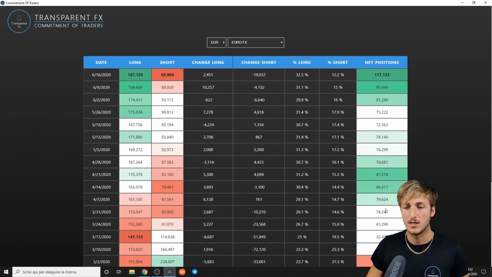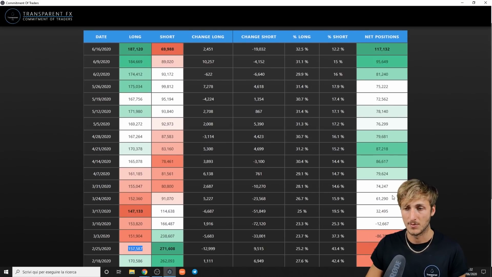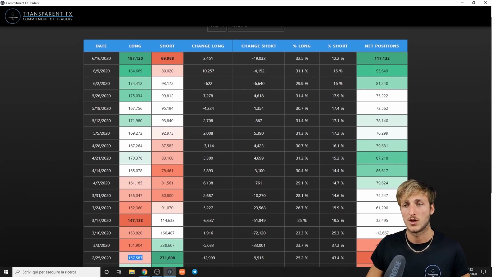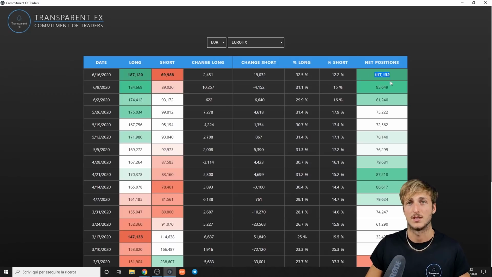And we had a clear shift to the completely opposite situation in time. So from having way more shorts than longs to having way more longs than shorts. In fact, currently we have 170k net positions with 187k longs and 69k short positions. So definitely we have a strong euro. In fact, with the last report alone, we can see that they closed 19k shorts and opened 2.4k long positions